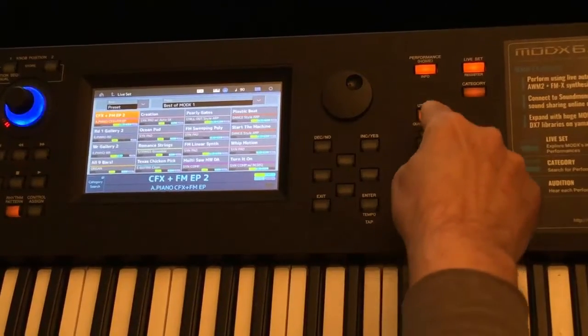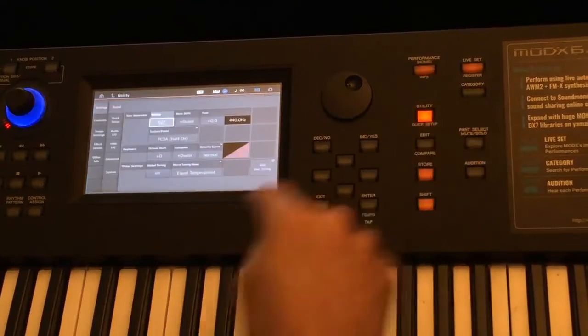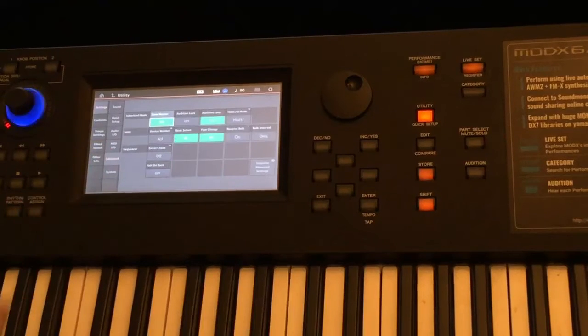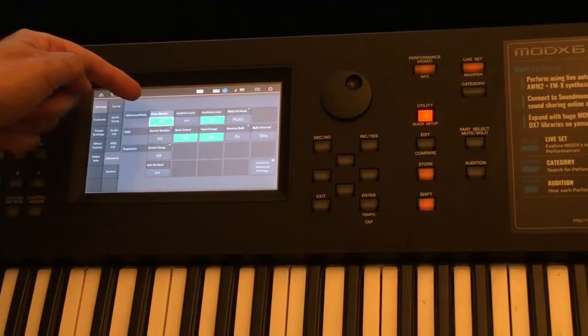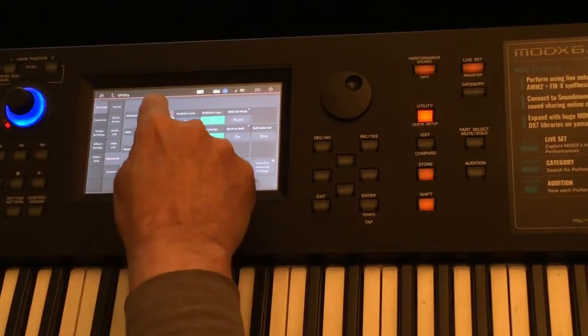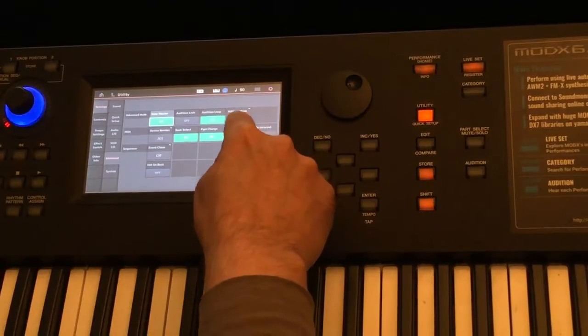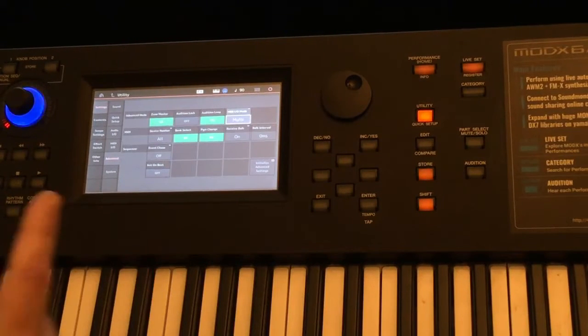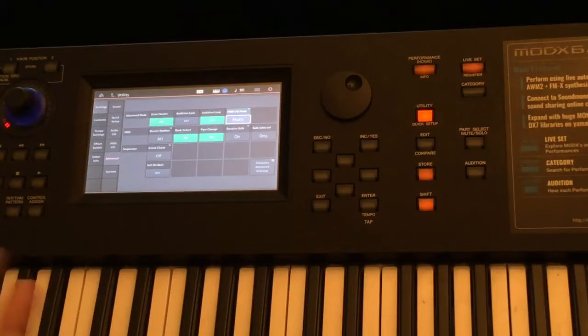We go to the utility screen, pick Advanced, make sure Zone Master is on, make sure the MIDI I/O mode is on multi. You may or may not already have these set this way, but if not, you do need this. You do want this set this way for this to work. There are other I/O modes you might be able to do something else with, but it will definitely always work